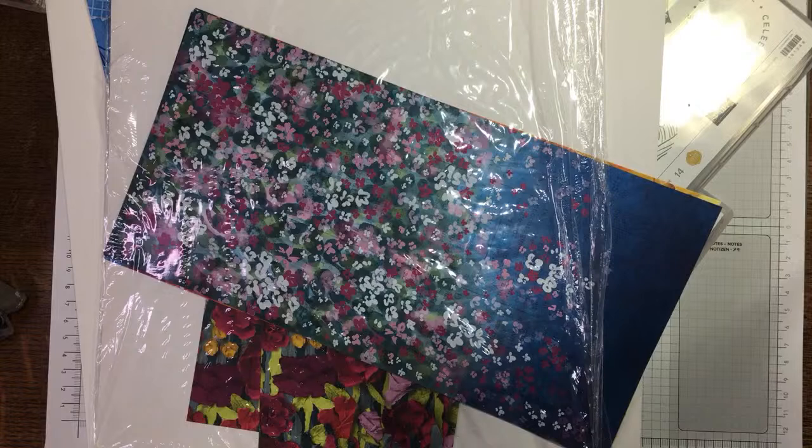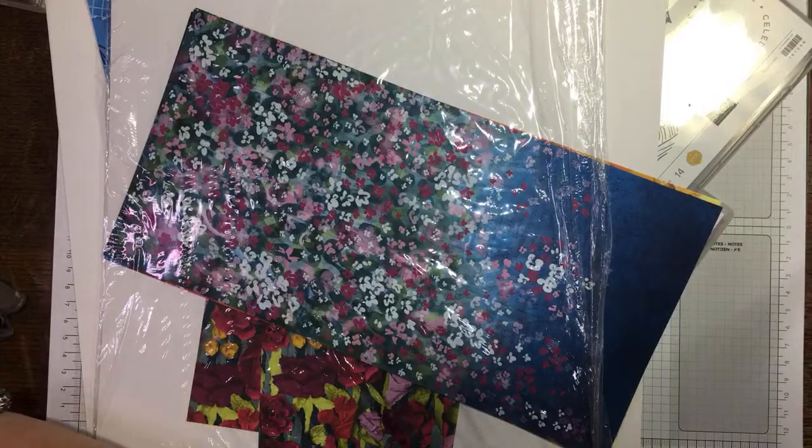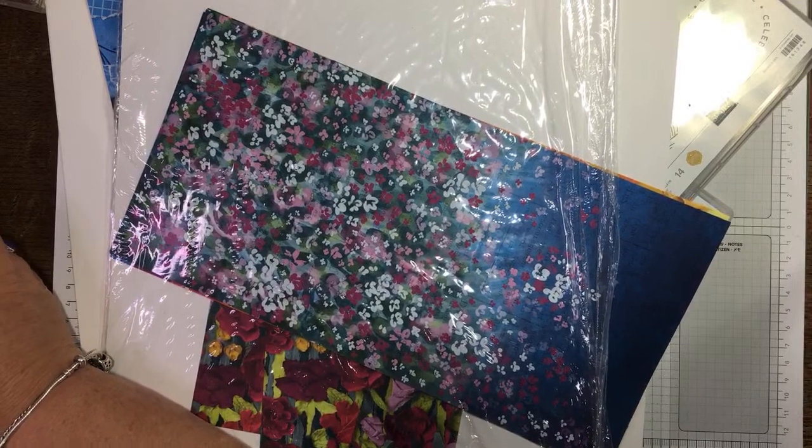I need to make a couple of masculine cards, and I was having a look and I just thought I'd craft live on YouTube and see what happens. I picked out some papers and I've got a sort of a plan, and they are going to be very simple. I am just trying to get myself up and running so that I can